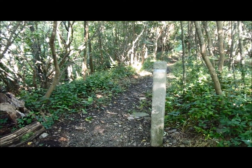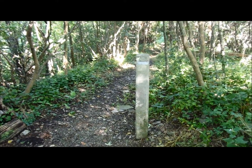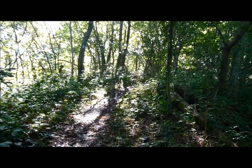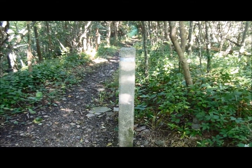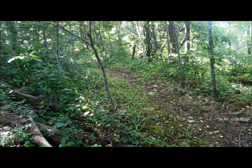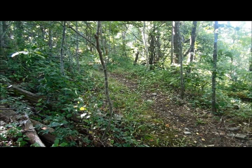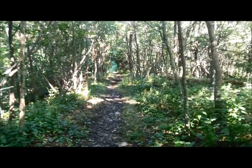9/10 of a mile into my hike. I'm down to 2950 on elevation, and here's where I came from, down off Blackrock summit. And this spur trail comes down here 1/10 of a mile or so to this signpost, and then if you want to go back to Blackrock, you can turn left on this trail and head back that way. I'll probably do that on my way back, but for now I'm going to continue basically straight along this trail,